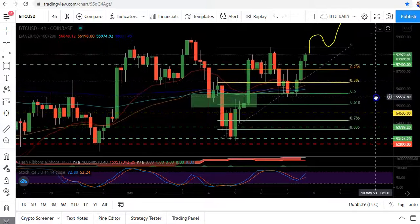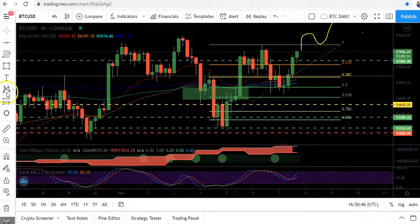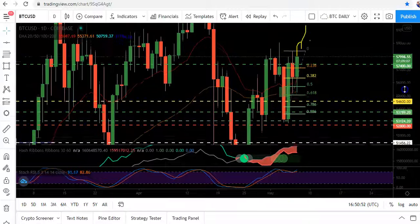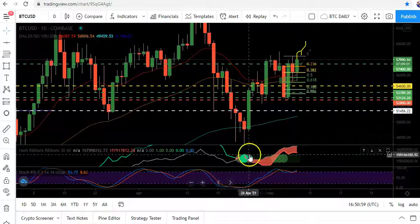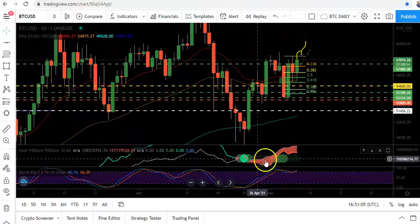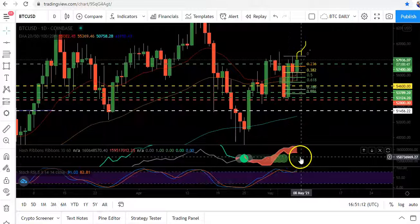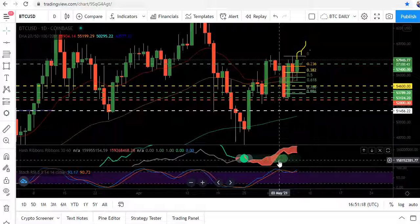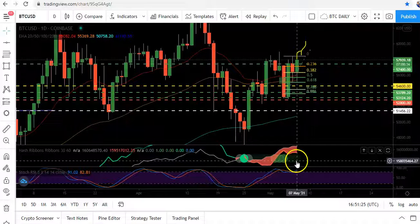All right, so another thing I wanted to show you guys, I will make this short, guys. I'm not going to go too long here. If we go to the daily chart on BTC, so if we look at the hash ribbons indicator here, guys, we're really warming up to that blue dot, I think, guys, which would mean we should have another massive run up. A lot of pairs have shown the blue dot, the buy signal already, but not on BTC